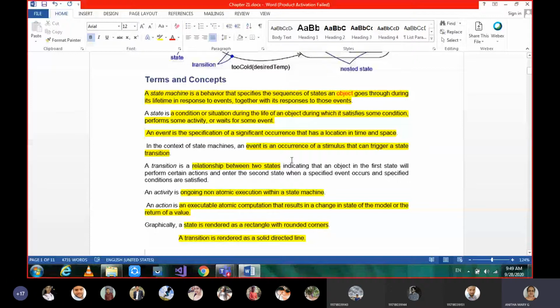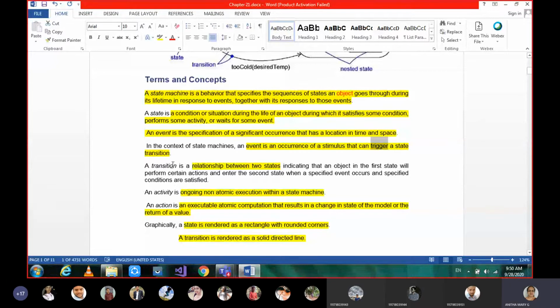Okay, and event occurrence with respect to state machines, we can say it as a stimulus that can trigger a state transition. See, trigger here means in turn what exactly it is going to act. So if a message is sent to some idle state in order to start, based on that message, its action is going to change. So that is what we say as trigger. Maybe this terminology might have come across in DBMS also. So, trigger a transition. And then moving on to what is a transition?